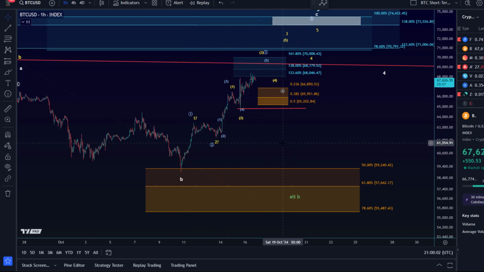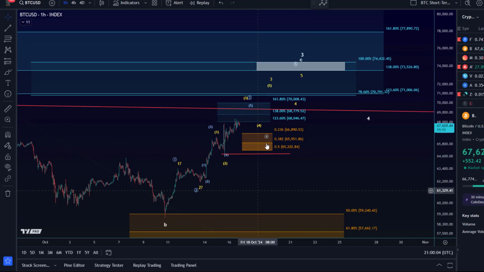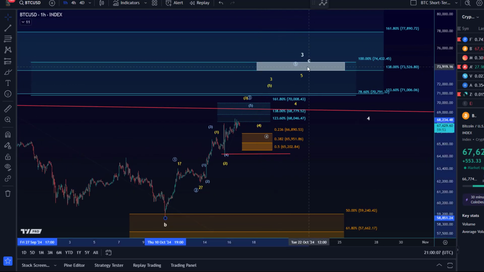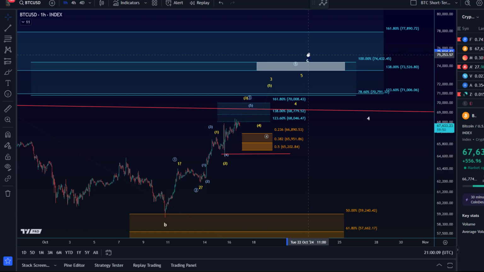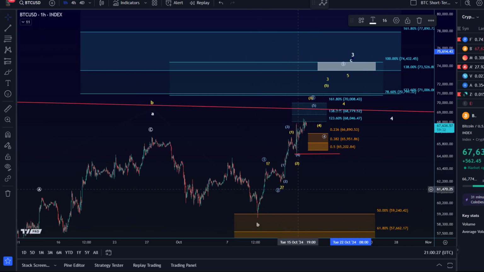There are two wave patterns that I'm tracking. Both of them are part of this C wave in wave 3, and I've highlighted here this area specifically between 73,526 and 74,430 USD as an ideal projection for this C wave in wave 3. So this is ideal. After wave B of 3 bottomed around the 10th of October, at least that's the current thesis, the C wave is likely unfolding. It would be a 5-wave move.